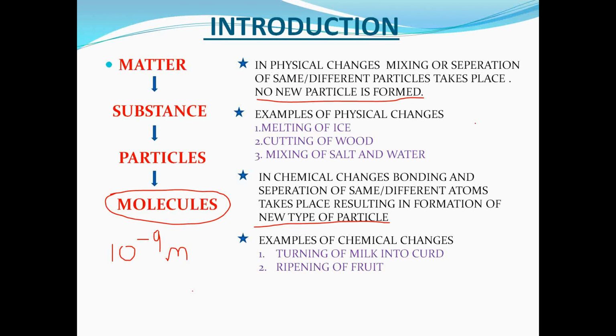Also, the color of the raw fruit is green, whereas the color of ripened fruit may differ from fruit to fruit. So here also, what we are getting at the end of the chemical reaction, the ripening process, is an altogether different thing as compared to the initial substance available to us.